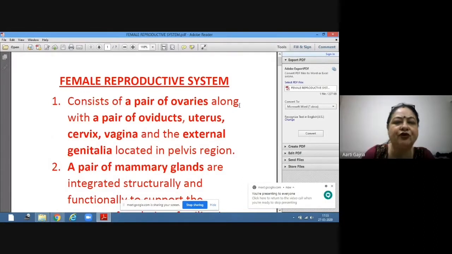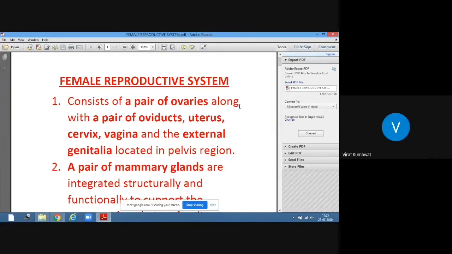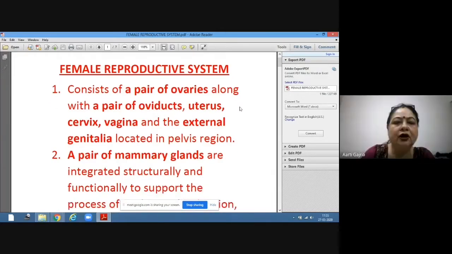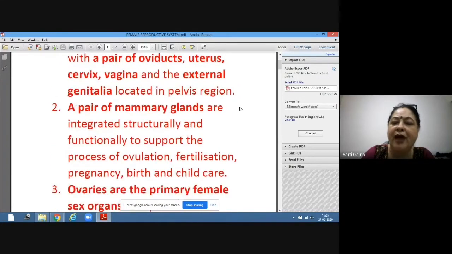The female reproductive system consists of a pair of ovaries along with a pair of oviducts, uterus, cervix, vagina, and the external genitalia, located in the pelvis region. Now, with all these structures, a pair of mammary glands are also present, which are integrated structurally and functionally to